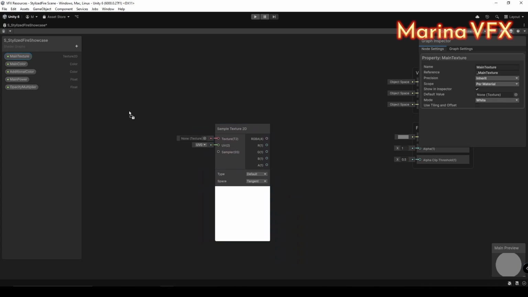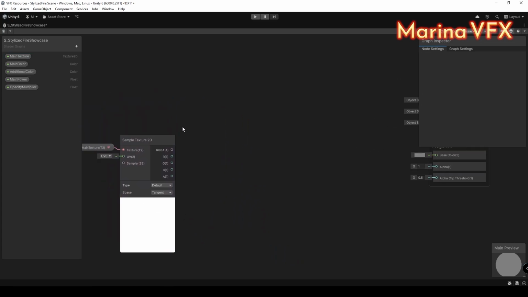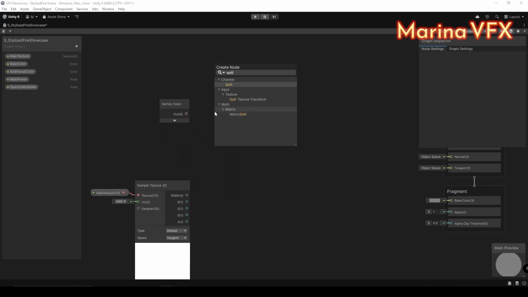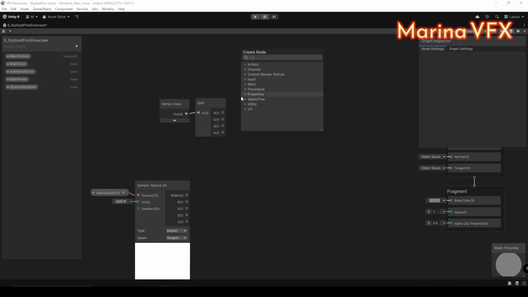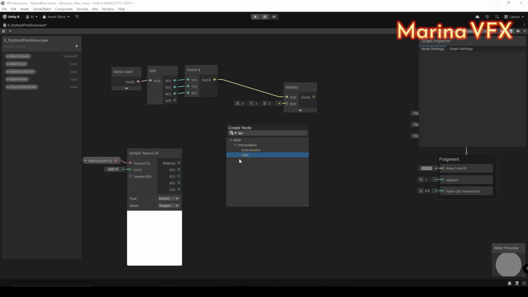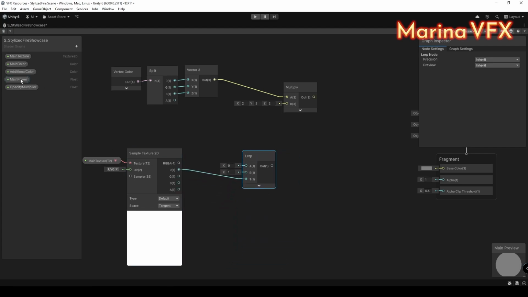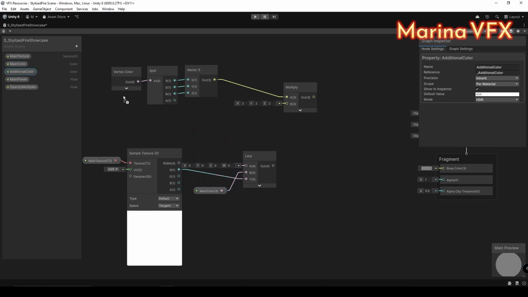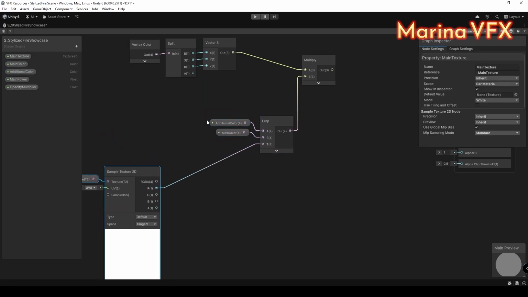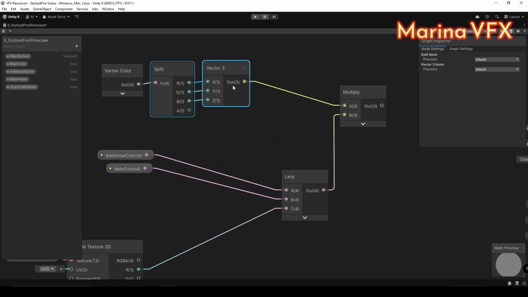Next, we will sample our fire texture and multiply it by the vertex color. In Unity, this allows our material to receive color directly from the particle system. Before multiplying with vertex color, we'll insert a lerp between two colors using the grayscale texture as alpha. This way, bright areas close to 1 will take the main color, while darker areas will blend towards the second